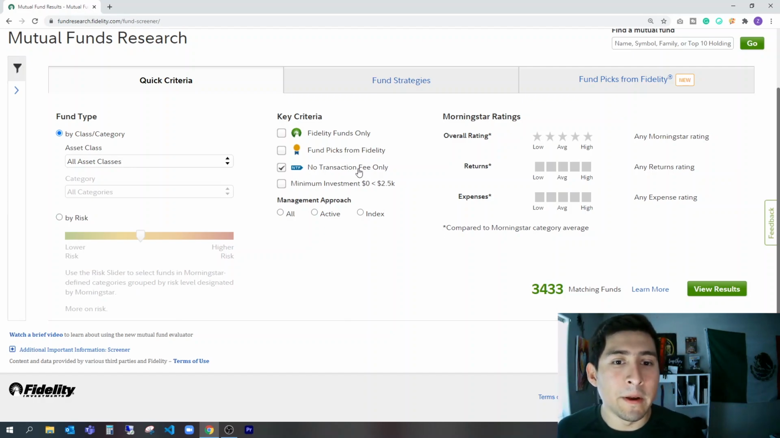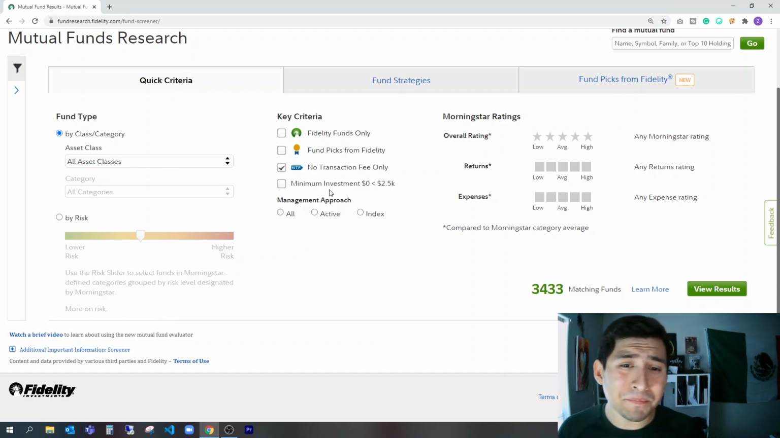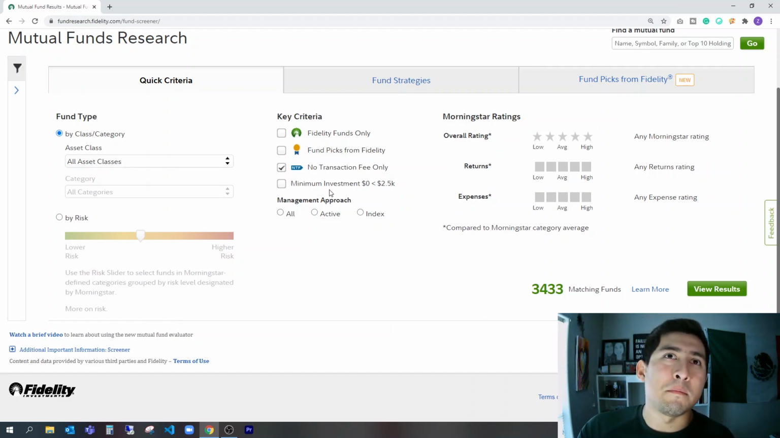Back to this. So you want to do no transaction fee. In my case, that's what I want to do. Minimum investment. I also like it to be zero, because typically, and I'm going to show you one, there are some funds that ask you for $5,000 minimum, and that's wild, right? Most of us don't have that, but if you do, I mean, those are type of more, I will say,